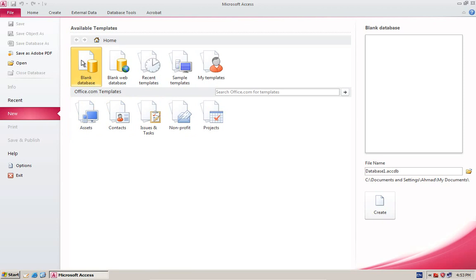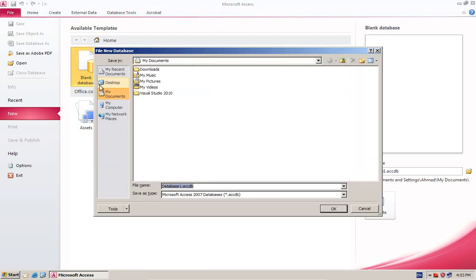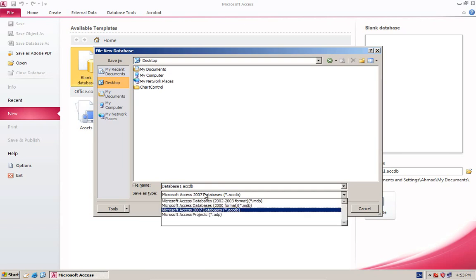I'll click over here, blank database, and this is the file name along with the path. If I need to change this, just simply click on this icon and let's place it on the desktop. The database name is database1.accdb. So basically there are multiple versions of Access. Currently the selected option is Access 2007.